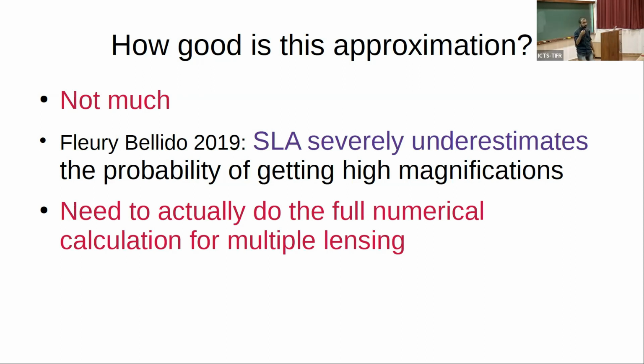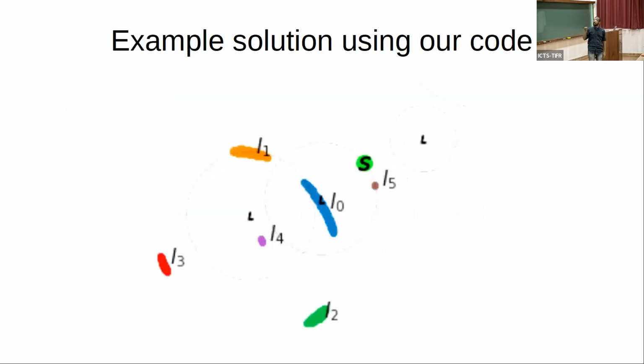We have to write a code which solves this lens equation and gives us the image locations, the magnifications, and time delays. So we did that, and here is an example. I'm showing 3 lenses. Are they visible? Maybe dotted lines. There is a source here, and its images are shown in these patches. So if this was just one lens, you would have seen only 2 images. But here you can clearly see there are many images possible because there is multiple lensing.